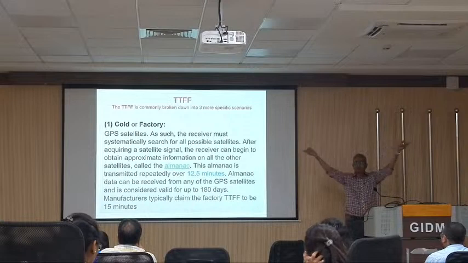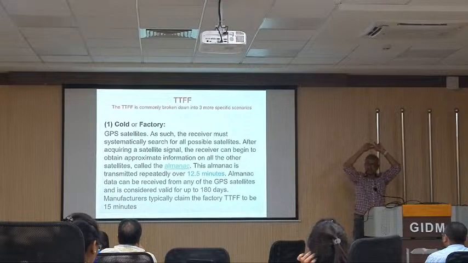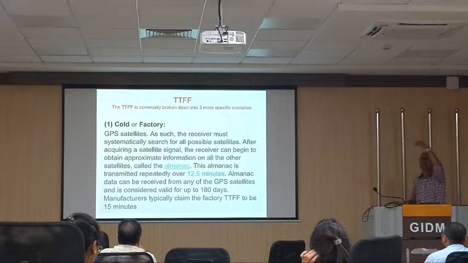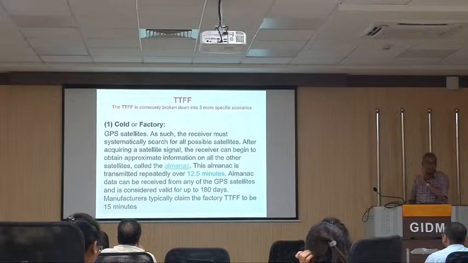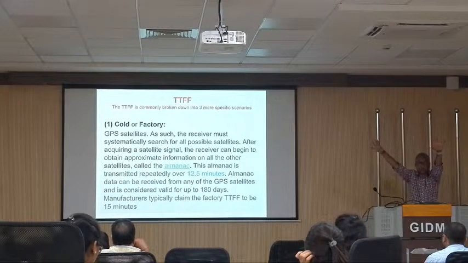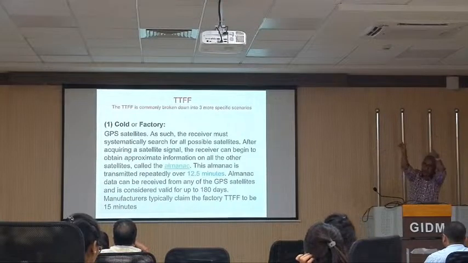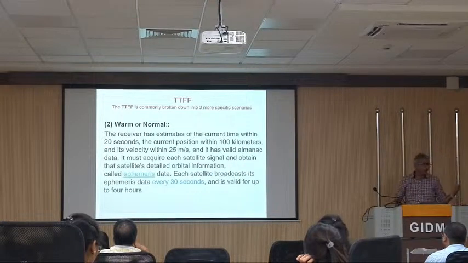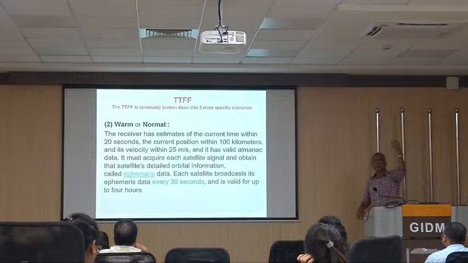Almanac data as I told you, it's location of all the satellites, a constellation कि कहाँ पे कितने satellites हैं वो आपको, जैसे यहाँ पे अगर ये AC है तो आपको सारे AC के locations पता है, कितना ठंडा कर रहा है वो नहीं पता है, पर AC का location मिल गया आपको कि भाई यहाँ आपके मेरे सर के ऊपर 5 AC है, राइट।